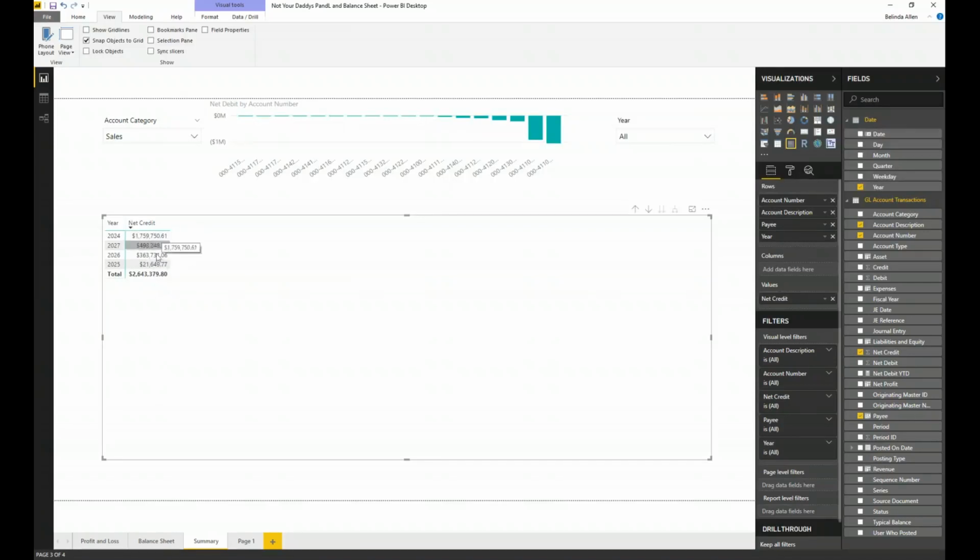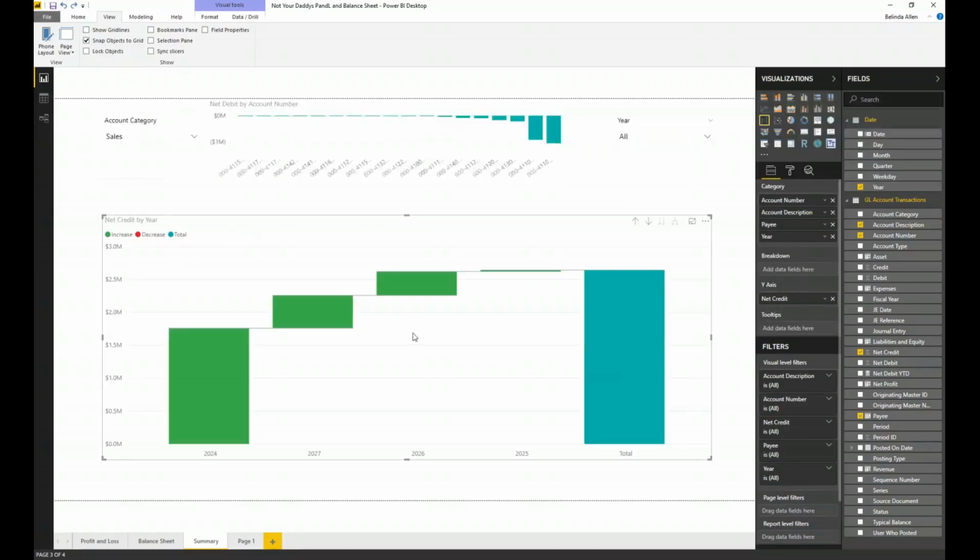That's great. Is it? I don't know. But if we went back and looked at it in the waterfall, I could very easily see, yep, it is indeed going up, but it's going up a smaller amount every single year. And that may not be a good thing. That doesn't look to be good at all. So there's a lot of things that we would want to pay attention to as we're going through this.